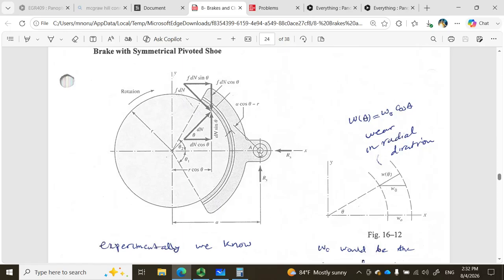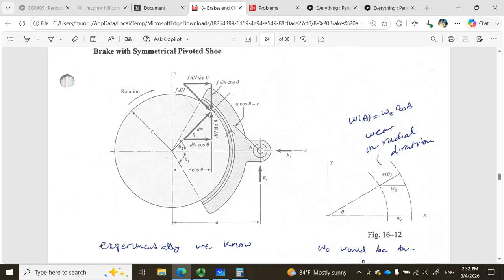So the forces on that pivot acting on this are Rx and Ry, you see those. Alright, and then the distance of the pivot from the center of the drum, we call it A, okay,